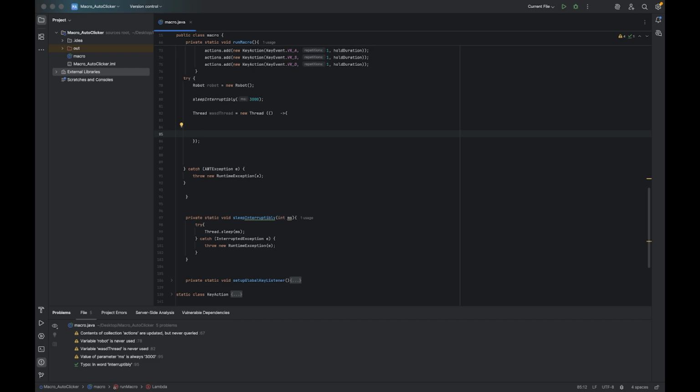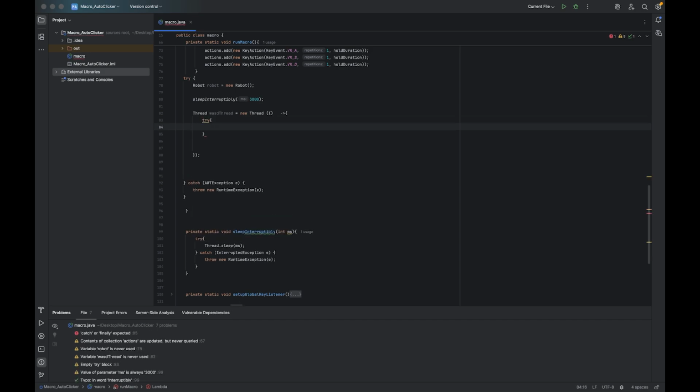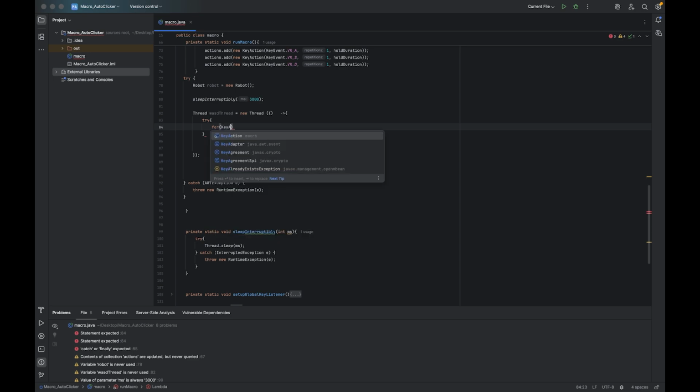Now inside here, what we're gonna do is actually handle the key pressing. It's pretty simple, to be honest with you. So let's try. Of course, most likely we're gonna need this. I'm not 100% sure, but worst case we'll delete it, but I think we need it. So for, let's do key action,